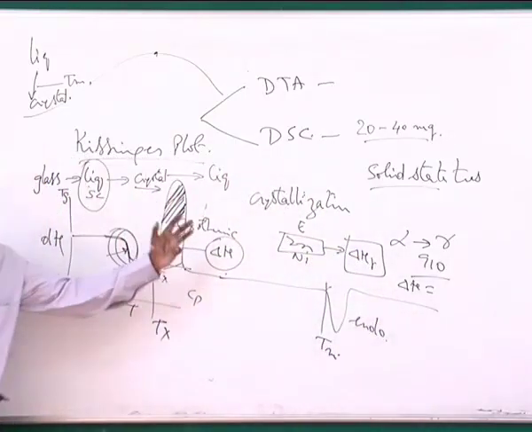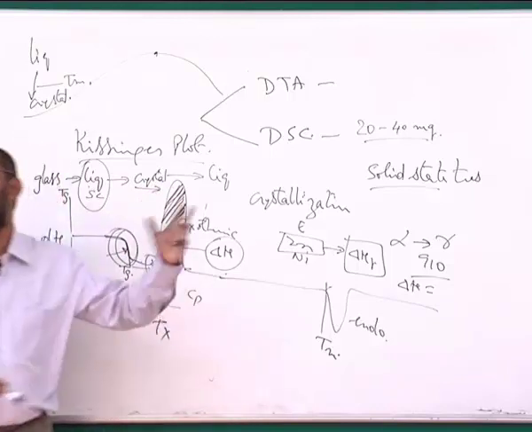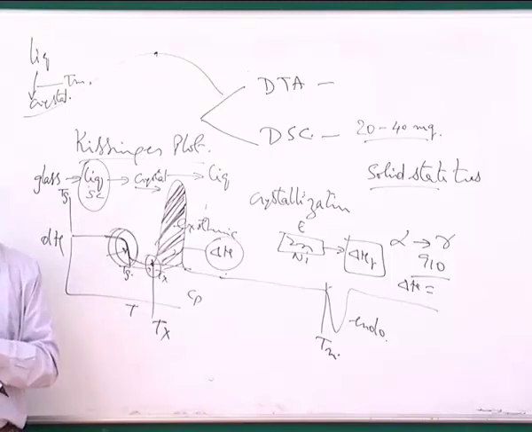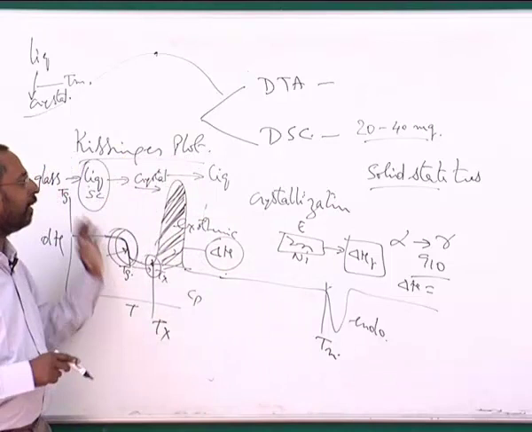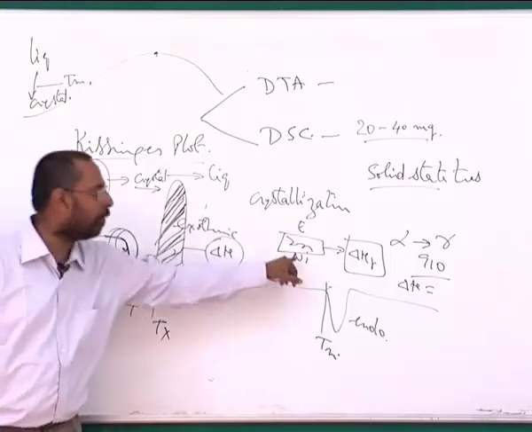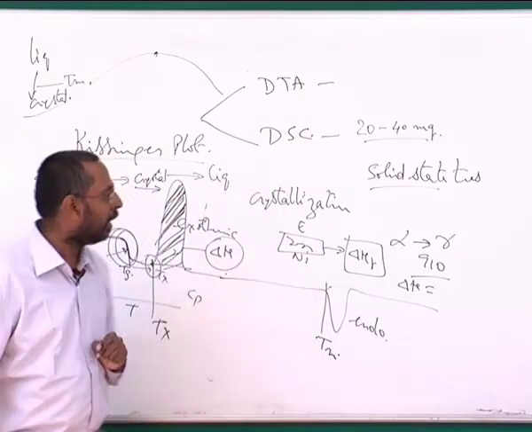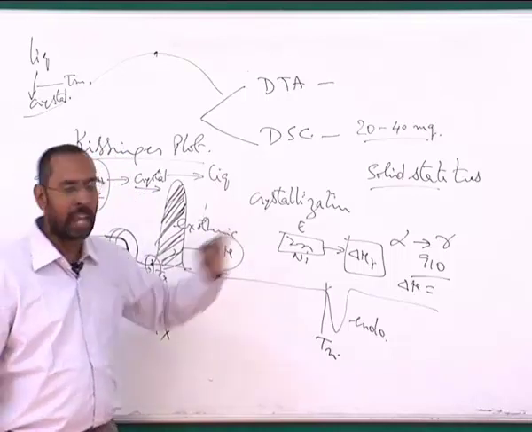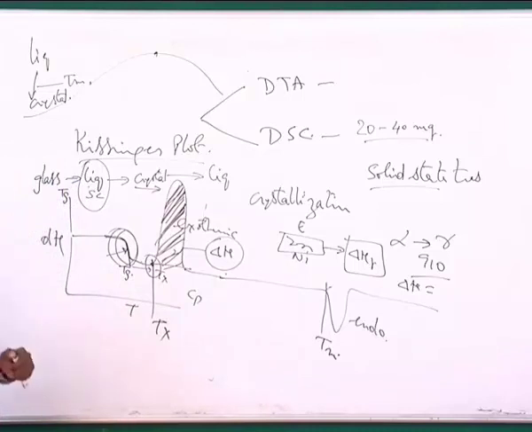Now if you put in an unknown sample, from the area under the peak that you get, you will be able to find out the heat of transformation, whatever transformation it is, whether it is alpha iron going to gamma iron, or martensite giving you a tempered martensite, or a glass giving you a crystallization. All these transformations' delta H can be found out by looking at various samples and finding out their calibration curves, and from the calibration curves you will be able to find out. So this is one way to find out the thermal history.